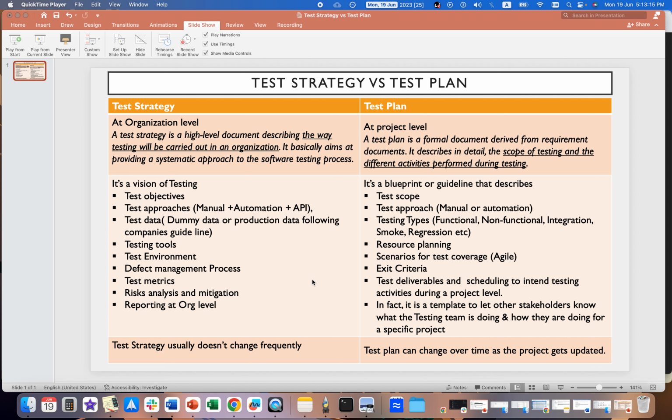Okay, so what these two documents consist of, it can be a document or it can be just information provided in your Confluence or wiki pages, but what it should contain basically is this, the second row here. Test strategy is a vision of testing. So it defines test objectives, test approaches, if it is manual, automation, or API testing, test data related information,